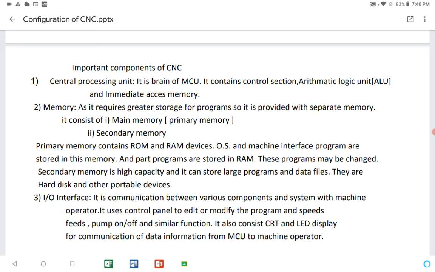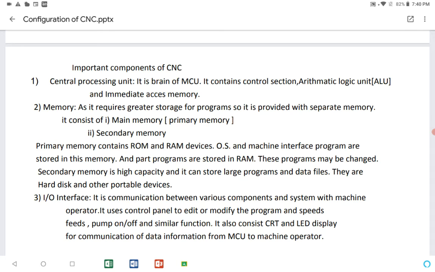Okay, second one, the memory. As I told you, memory, ROM and RAM. ROM means read only memory, which is nothing but an operating system, whereas RAM is the part program.